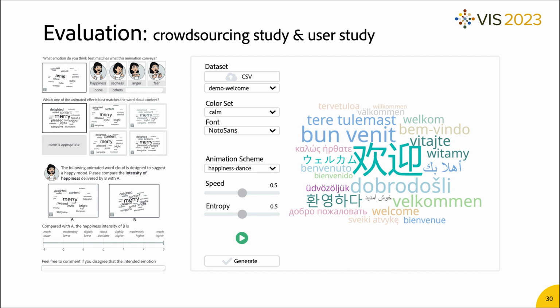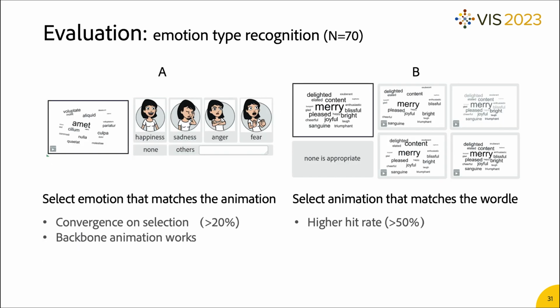Recall that we have assumed a backbone animation will anchor the emotion type, and tweaking entropy and speed may fine-tune the emotion extent. It is still unknown whether this assumption holds and whether end users are accustomed to the 2 steps. Therefore, we conduct several crowdsourcing studies to verify the approach and run a user study to understand user experience. First, we set out to see whether people can recognize the emotion type given one animation scheme. There are 2 sub-studies. The first one is quite challenging, masking out semantics in the data, and simply asking what emotion it is for this animation.